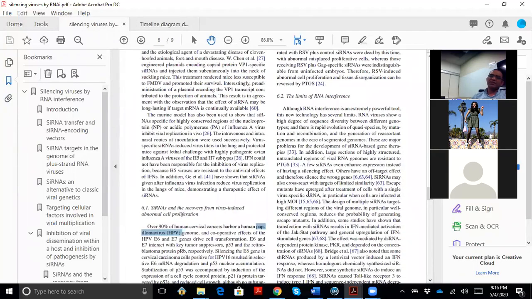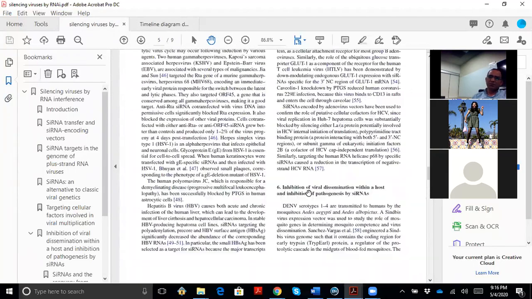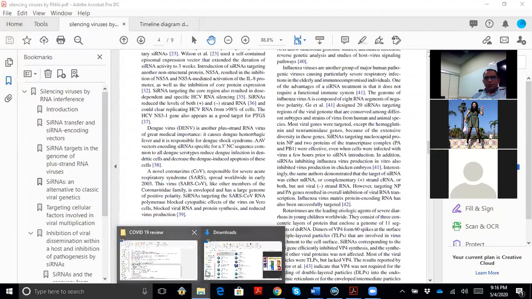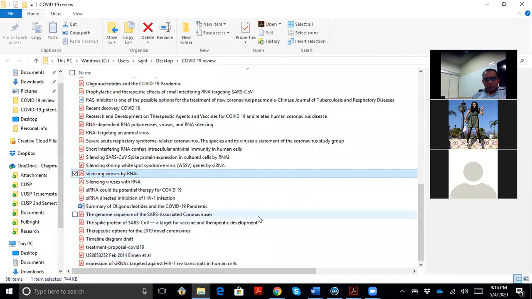But I think it will be very difficult for you. It will be a lot of work. I don't know. I can try to start on it at least. So I can share the paper with you. You just read this paper and think if you can make a table out of it.